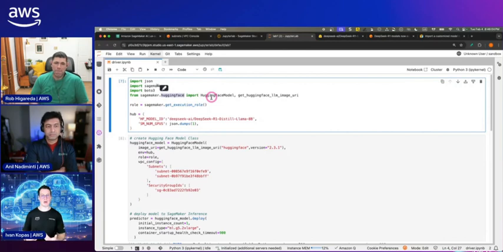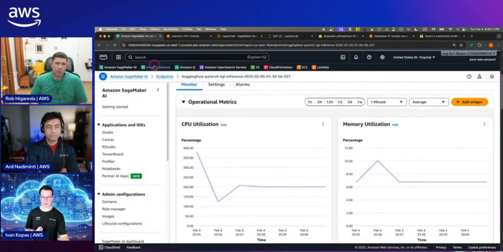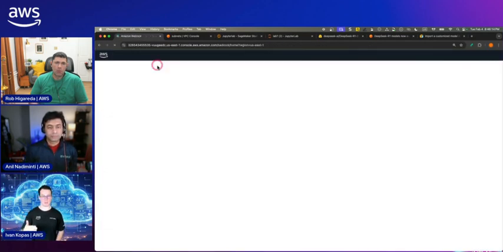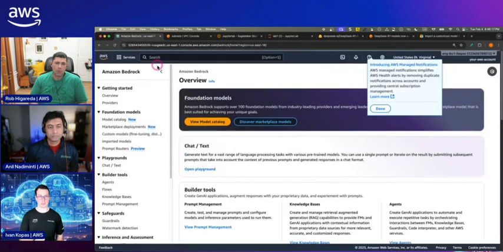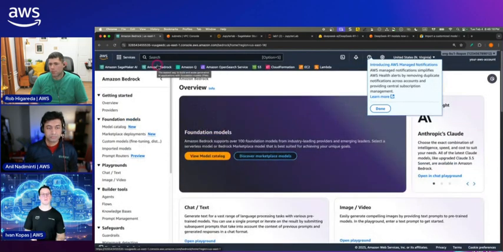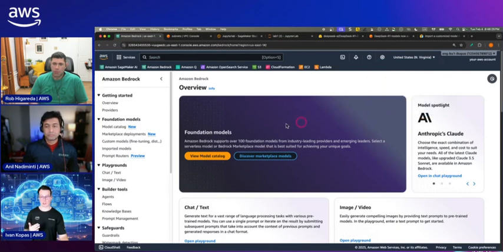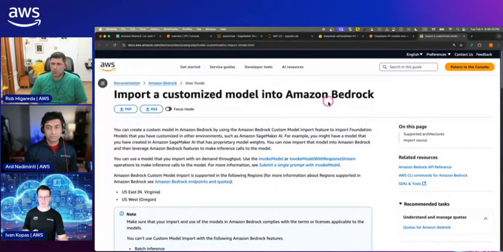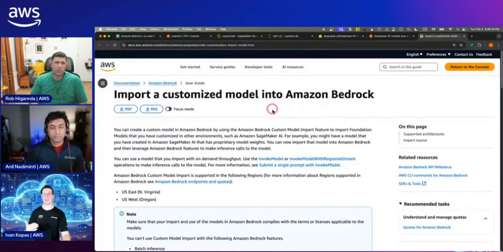it's going to rely on importing of the custom models into Bedrock service, and that's going to be very frequently useful for us because many of these models that get distilled, what is used to perform the distillation on top of is some sort of very common architecture like Llama or Mistral, and those sets of architectures are supported for importing models into Bedrock. So there's a page in the documentation that specifically walks through how you can import a